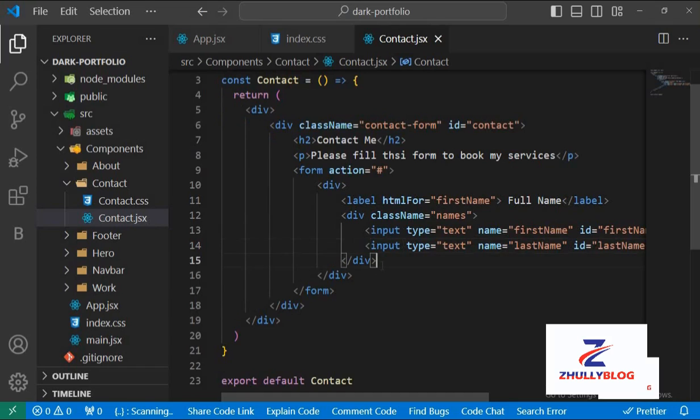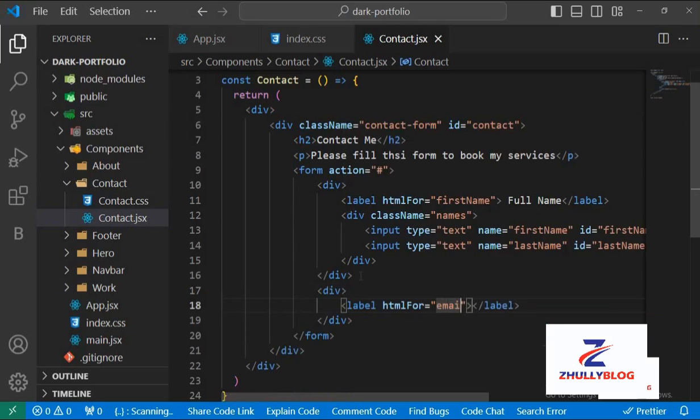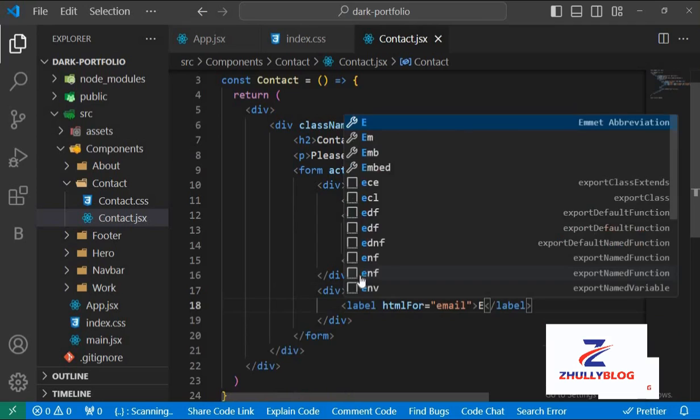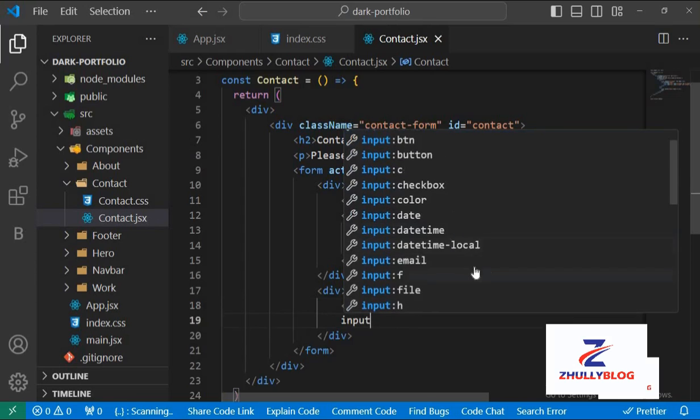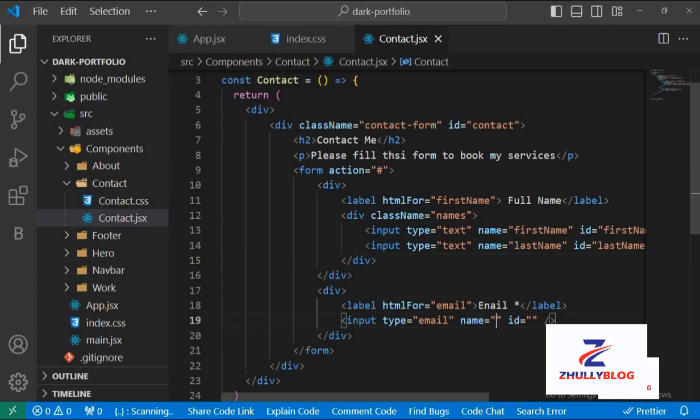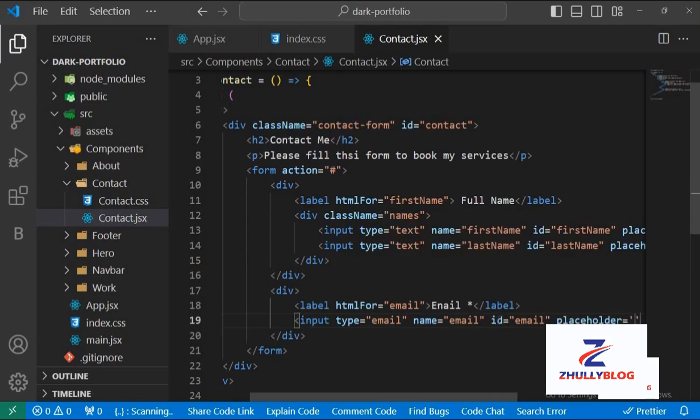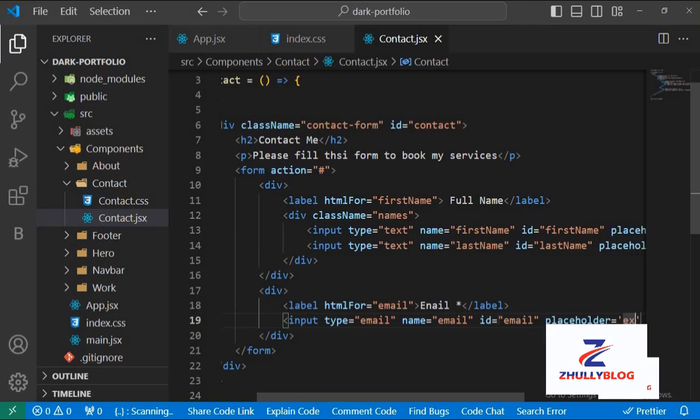Next thing we need to do is to create another div tag for the email section. So here we have a div tag, then label email. This is going to display email, and we're using a star to show that it is required, it is compulsory. So I'm going to have an input tag here, and the type is email. So the name here is going to take email. The ID as well is going to take email, and the placeholder is going to take example,